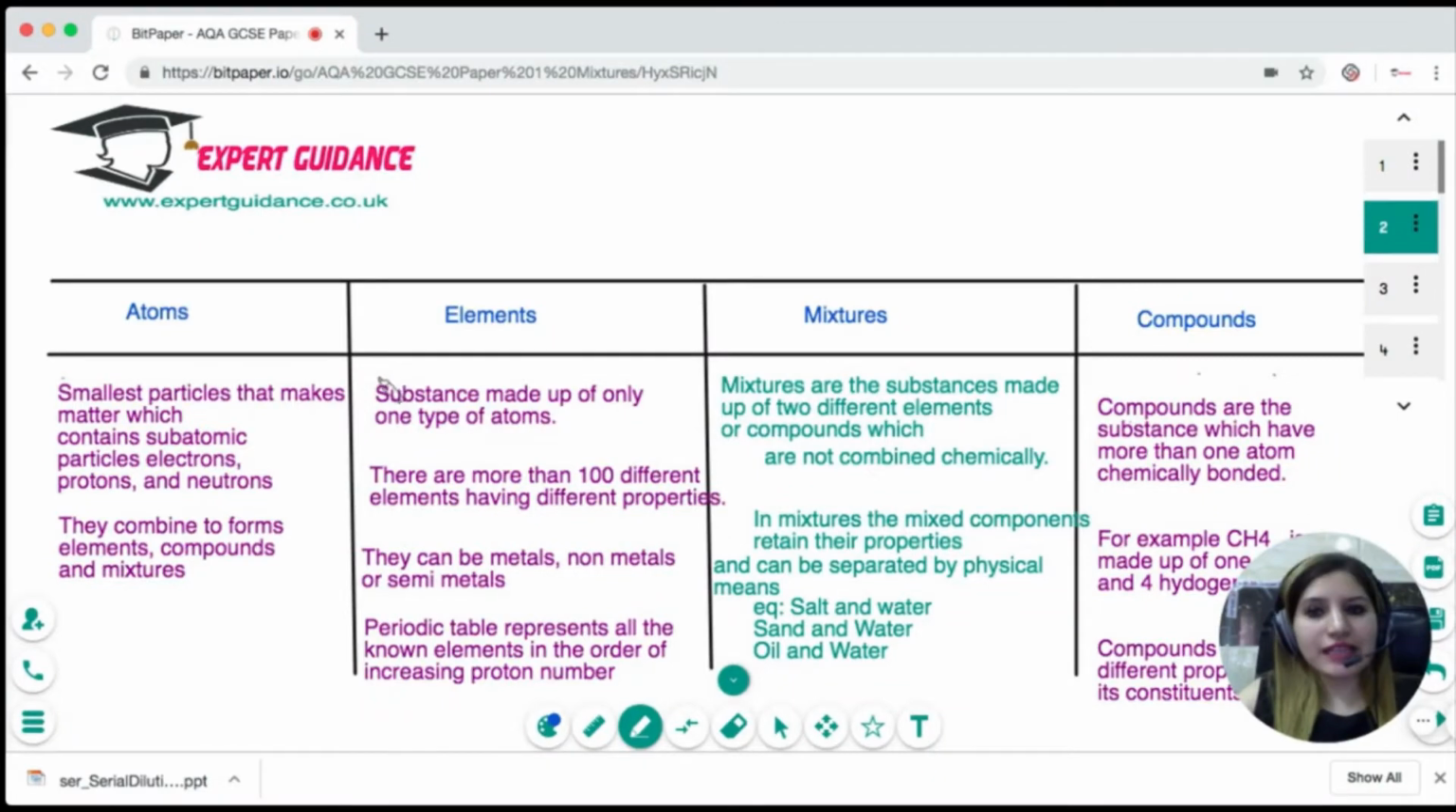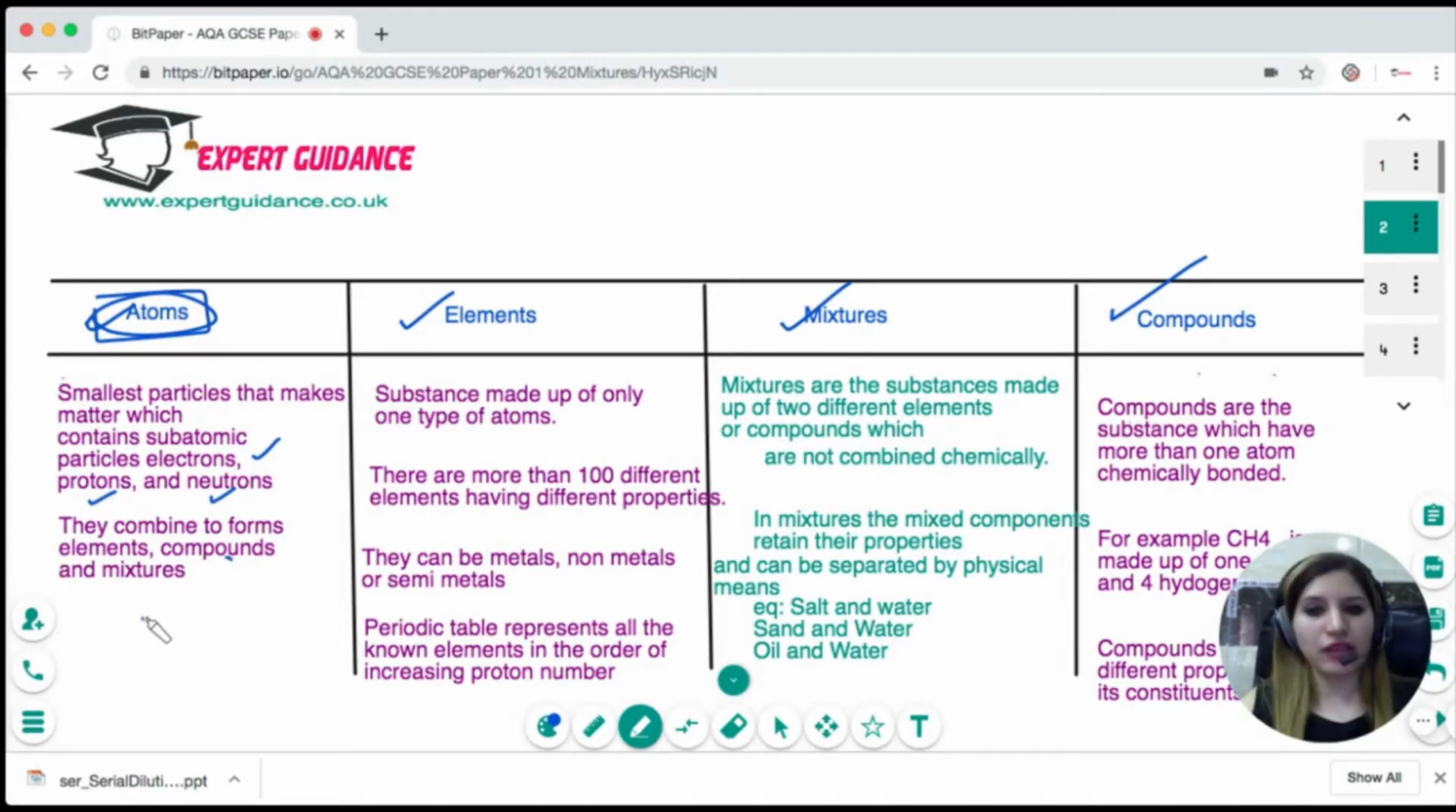Now, the first thing that you should know is to distinguish between atoms, elements, mixtures, and compounds. Let's start with atom. An atom is the smallest particle that makes every matter. Anything that has mass and occupies volume is matter, and that will be made up of atoms. An atom consists of subatomic particles: electrons, protons, and neutrons, and it is these atoms that combine to form elements,